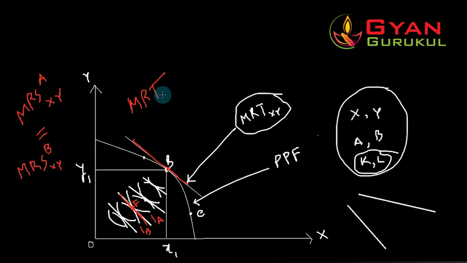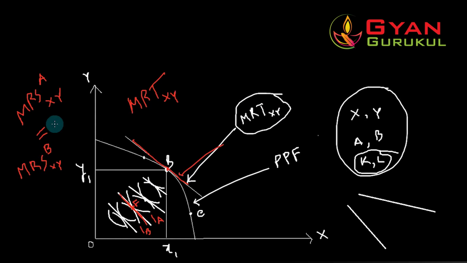The marginal rate of transformation between x and y. Clear? That means at this point the slope is showing the marginal rate of transformation of x and y. Clear? And because this slope is equal to that slope, the marginal rate of transformation of x and y is equal to the marginal rate of substitution between x and y for both the two consumers A and